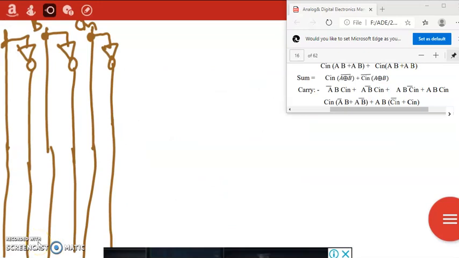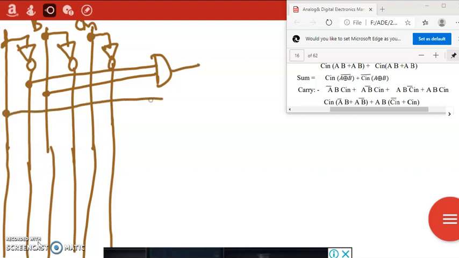Already we have done A bar B plus AB bar. So A bar B, A bar B. This is what we are going to get, A bar B, A B bar. This is how your half adder is. You pass this to an OR gate. So A bar B plus A B bar, the result is the half adder result.